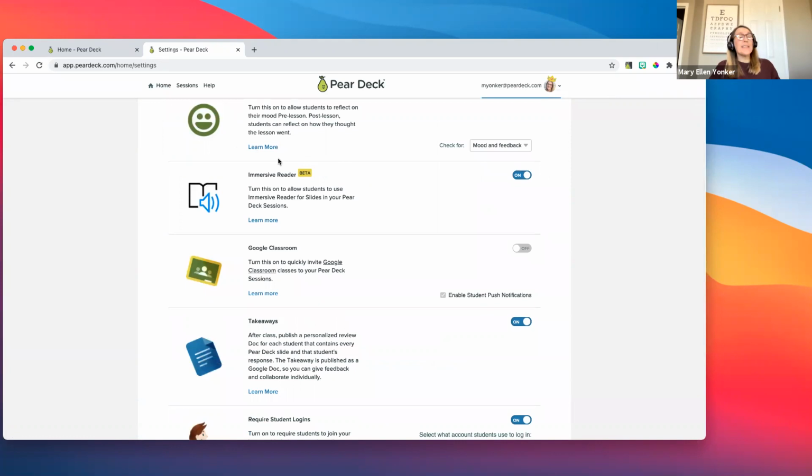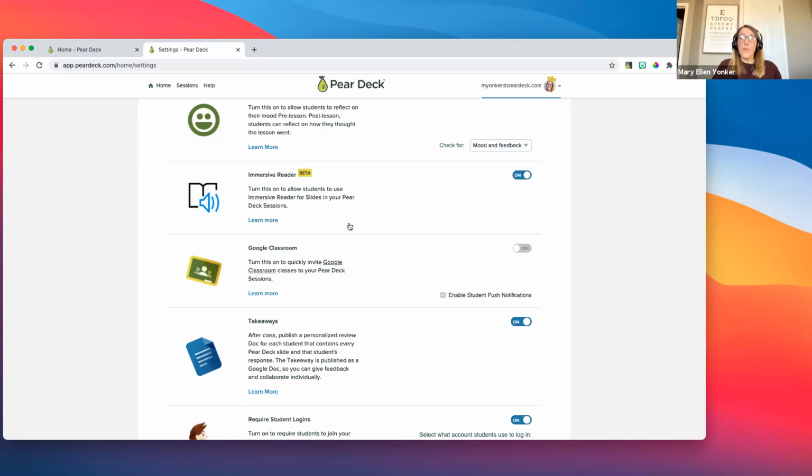Immersive Reader, this is in beta, but it is available. They're working on it, so from time to time it may not be available, but Immersive Reader is a tool that allows students to have the content on the slide read to them. This is a great resource for our dyslexic students, for our English language learners, for any student that wants that support of having the content read to them.